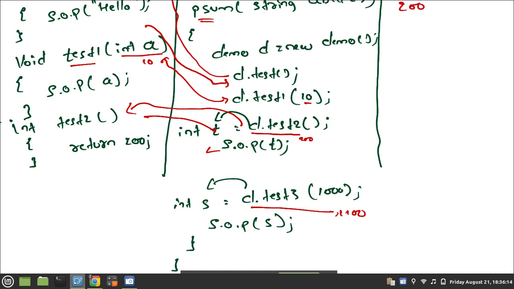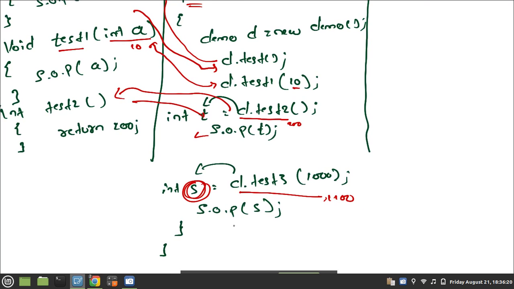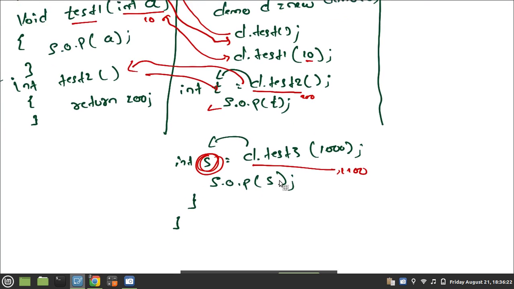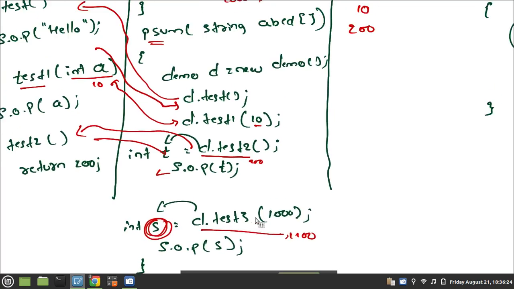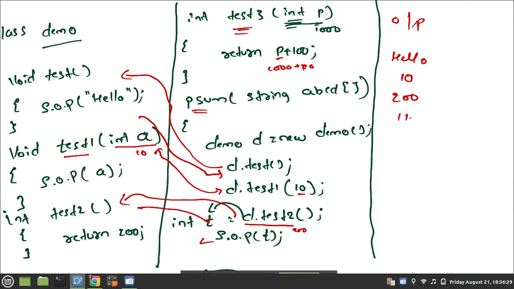That 1100 will be stored in which variable? The s variable. SOP of s means the value of s will be printed. What is the value of s? 1100. So this will be your output for this program.